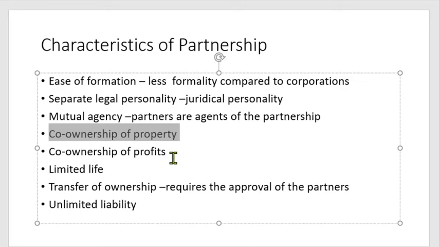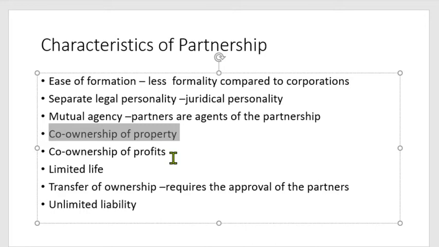According to the Civil Code, a stipulation which excludes one or more partners from any share in the profits or losses is void. So kung matatandaan mo ang iyong business law concept, kahit na yan ay naka-stipulate pa sa contract or sa agreement, it is void. You cannot